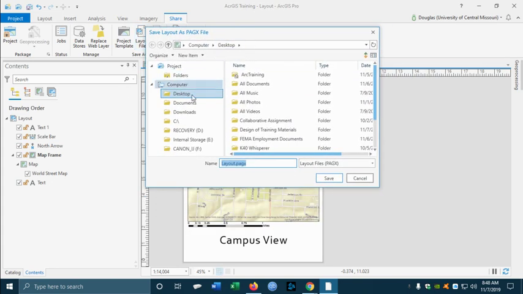I'm going to go to Desktop and Arc Training. That is where we have been saving everything, and that is the actual home file folder. You can see the little home button here where we've been saving everything. And now this is a PAGX file that is exclusively for ArcGIS Pro. So we're going to relabel this